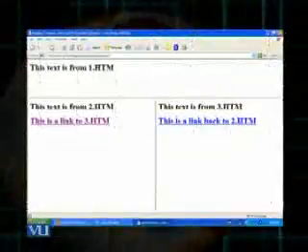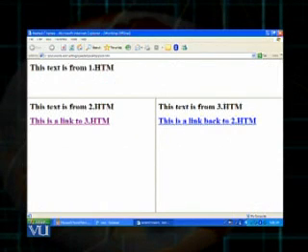Then, as you can see in the slide, there is a concept of nesting of frames. This is also quite useful. You can see that my web page is divided into 3 frames. First of all, the division is horizontal, so there is an upper frame, then there is a lower frame, and you can see that the lower frame is further divided vertically, column wise, into 2 equal frames. This concept is called the nesting of frames.